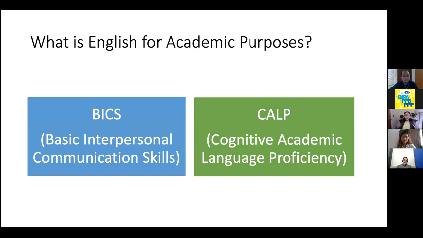Of course, when you go abroad to study, you need to have these basic interpersonal communication skills, because of course you need friends in your destination country, but more importantly, you also need to have what is called the cognitive academic language proficiency, or CALP,